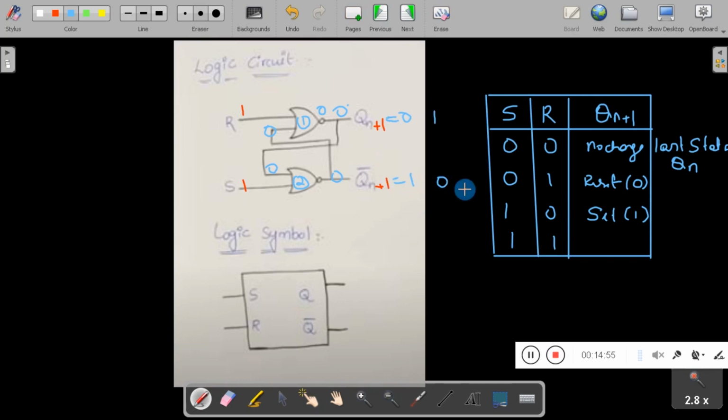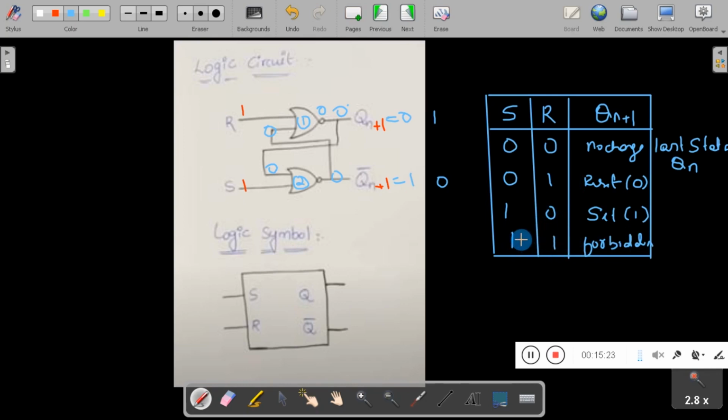So this condition in SR flip-flop is called the forbidden condition or illegal condition. Illegal condition means this cannot happen because one should be the complement of the other. So this is the main drawback of this SR latch, because SR latch cannot work properly when both inputs are 1.